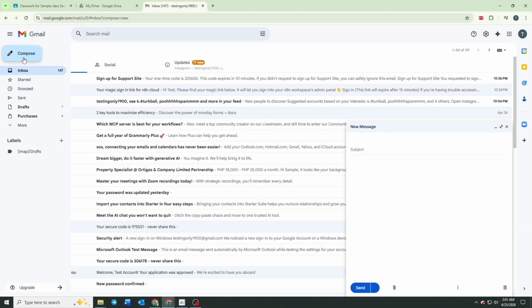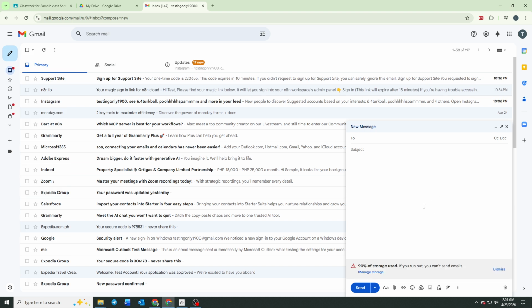To get started, open your Gmail and begin composing a new email or continue working on an existing draft. Once you are inside the email editor, take a moment to position your cursor exactly where you want the file to appear within the message. While you can always move or remove the attachment later, placing it correctly from the start helps keep your email